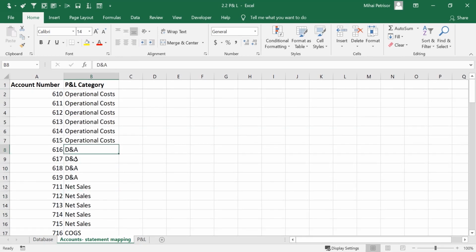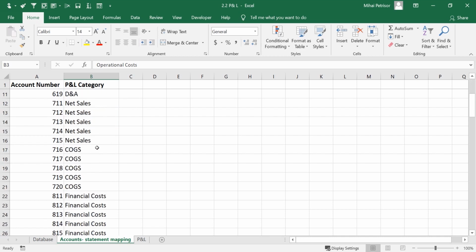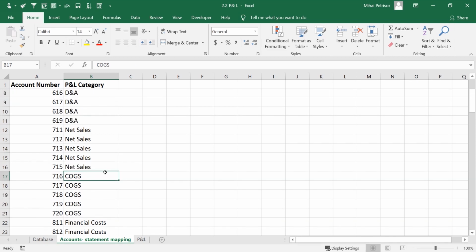Here, I have modified the name of the category of depreciation, and instead of depreciation and amortization, I have written it as D&A. It's simple and it's short. Also, for operational costs, we can put only op costs because there are many different ways of naming those categories. We can find op costs, operating expenses, and so on. The main idea is that the level of operational is the first in terms of costs after the gross margin,